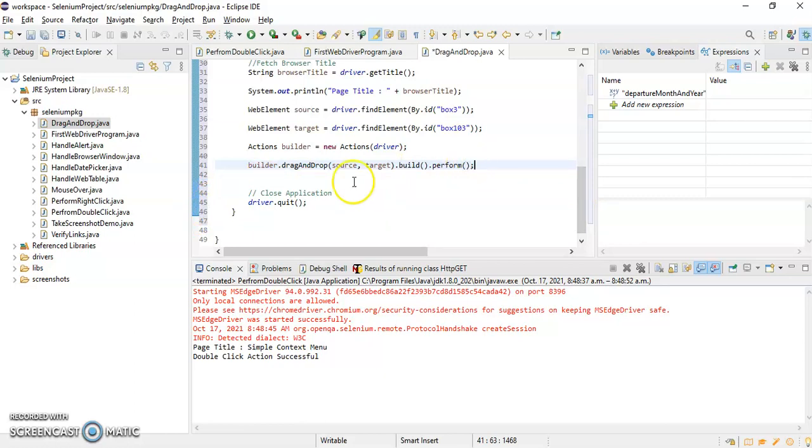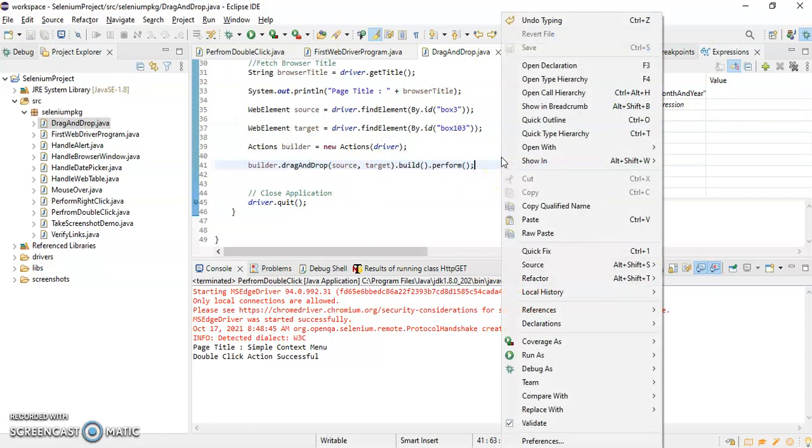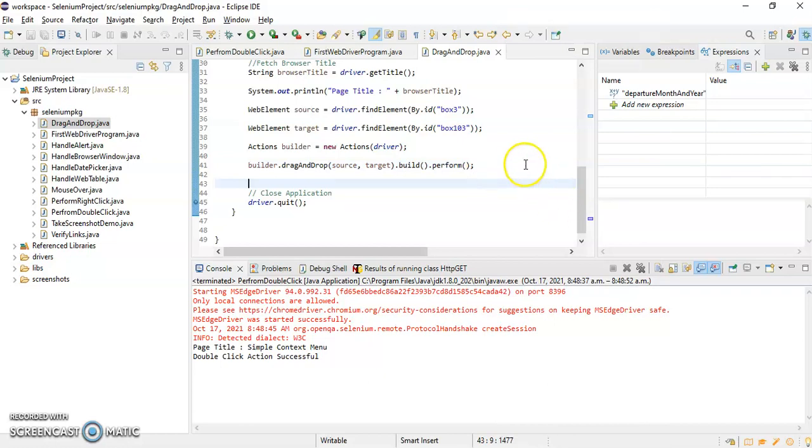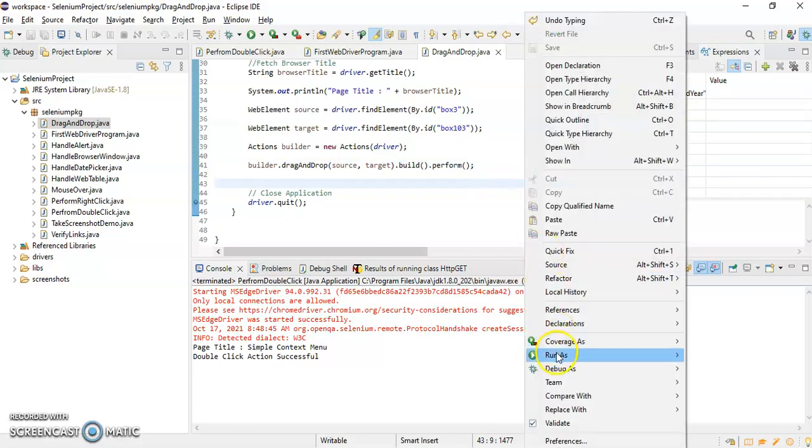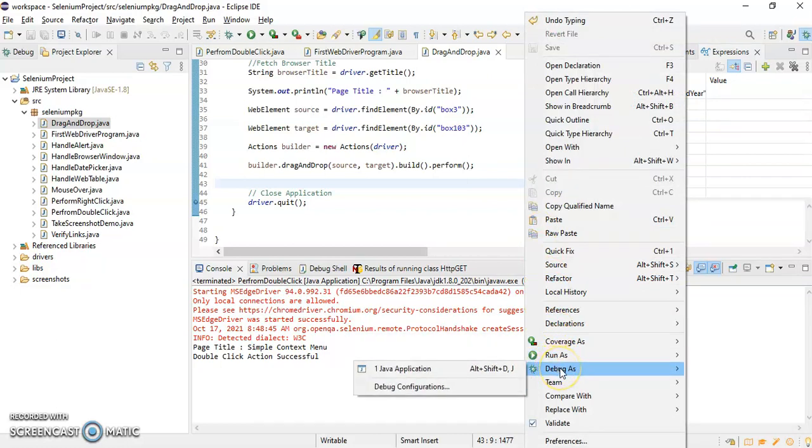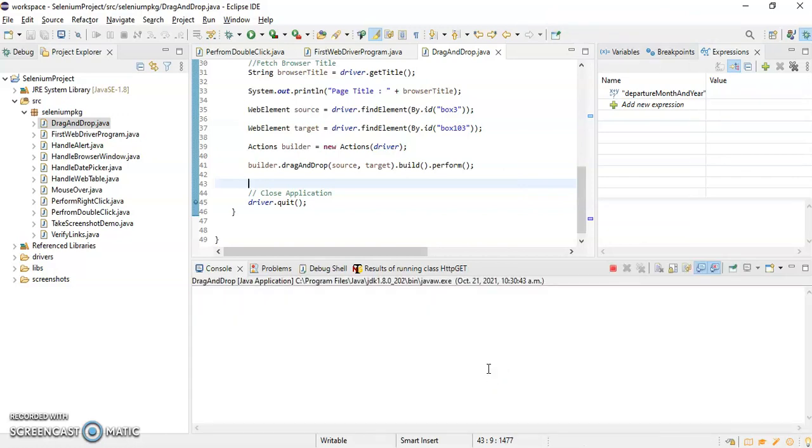So we will run this script and check whether it is working as expected or not. So I will give one breakpoint over here so that you will be able to see. Okay, so let's run it. We will go for debug, because we have applied a breakpoint, Java application.